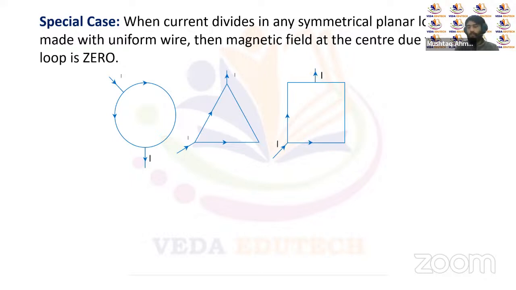So today in this lecture, we'll be discussing Ampere's circuital law. In the last lecture, we discussed the Biot-Savart law and all its applications, the magnetic field due to a finite current carrying wire, and also the magnetic field due to a circular loop. And then we discussed different cases of the